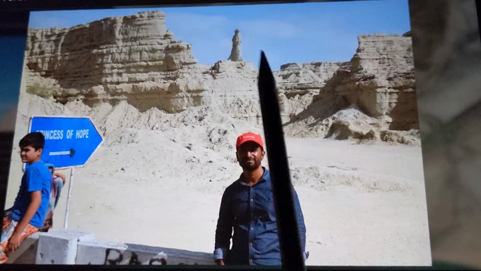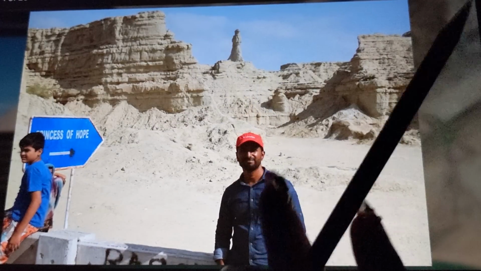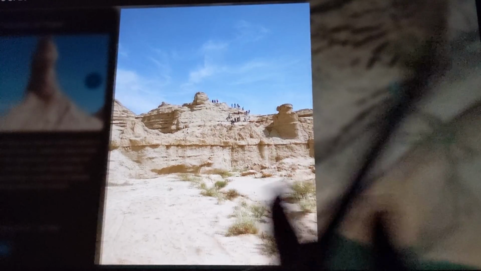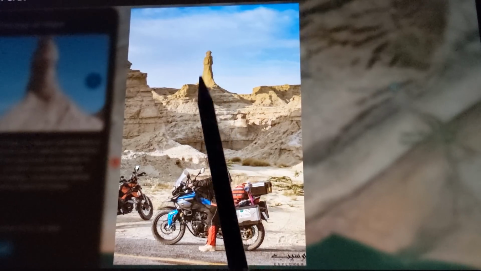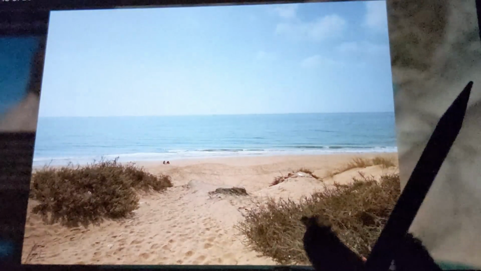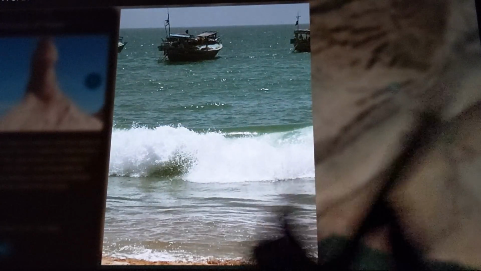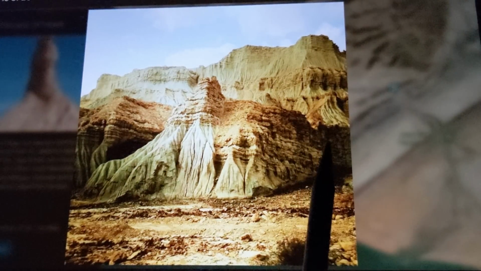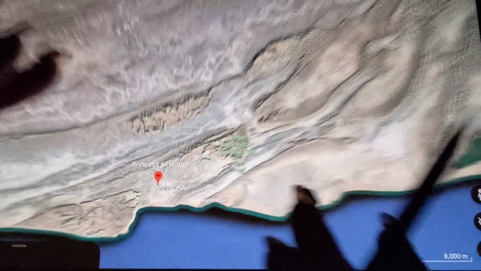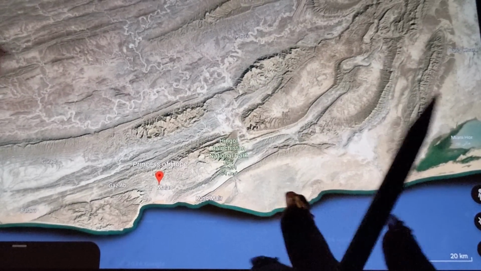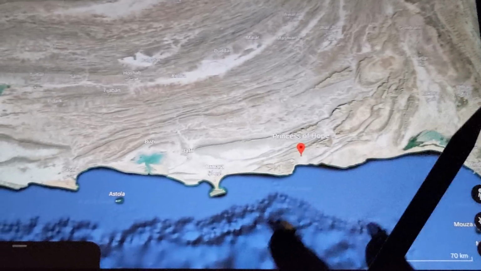Princess of Hope has an interesting story because she was named by, you guessed it, Angelina Jolie. Yes, the Angelina Jolie. Angelina, who I love, I think she's a fantastic actress, saw this hoodoo and exclaimed, "Oh, that's the Princess of Hope." It was just her instant reaction. The name stuck. It's all the selfies. And that is the name that this rock formation is called today. The Princess of Hope. What a strange story, right? But there's all kinds of beautiful sites here. I highly, highly encourage you to check it out.